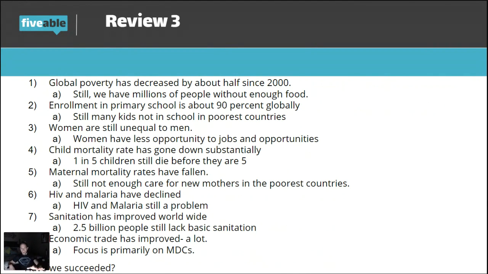But number one, we greatly reduced poverty and hunger. I mean, by more than 50%. This is one of the goals that we achieved substantially. We exceeded our goal to reduce poverty and starvation. But we still have a long way to go. There's still people starving, right? Enrollment in primary education is about 90% globally, but there are still 10% that aren't getting educated. So it's not universal yet. You could make your own decisions about whether or not we achieved that.